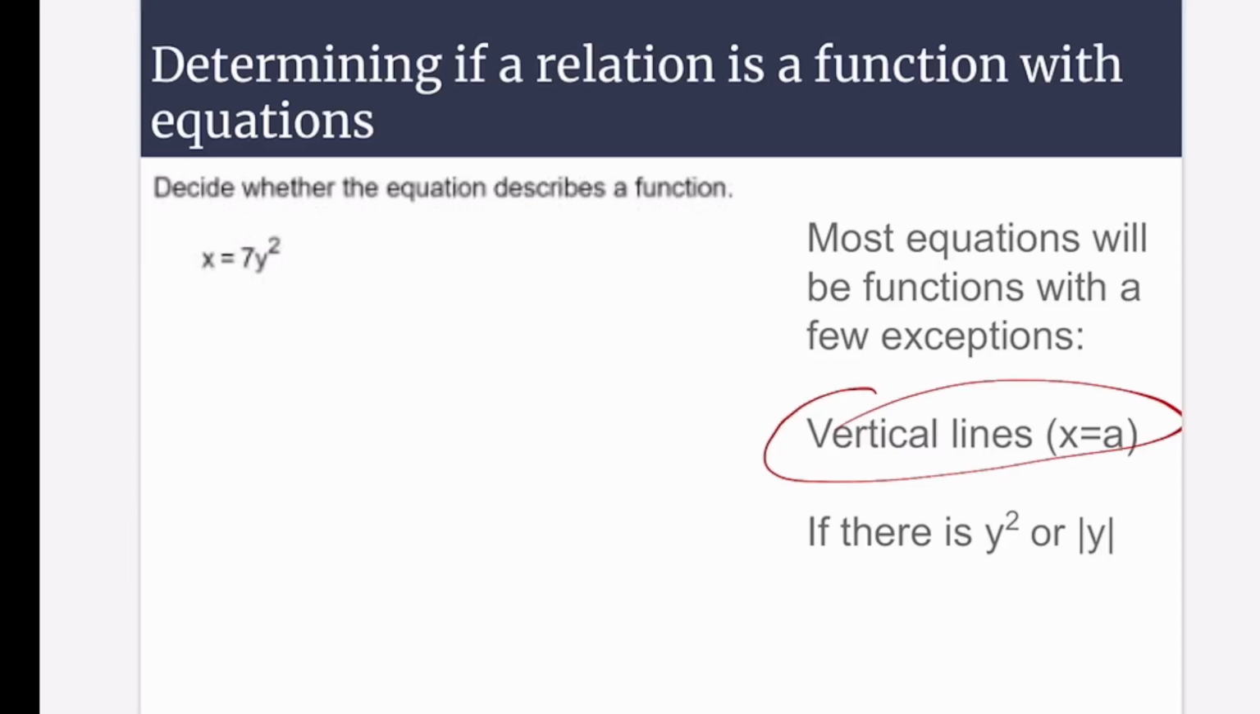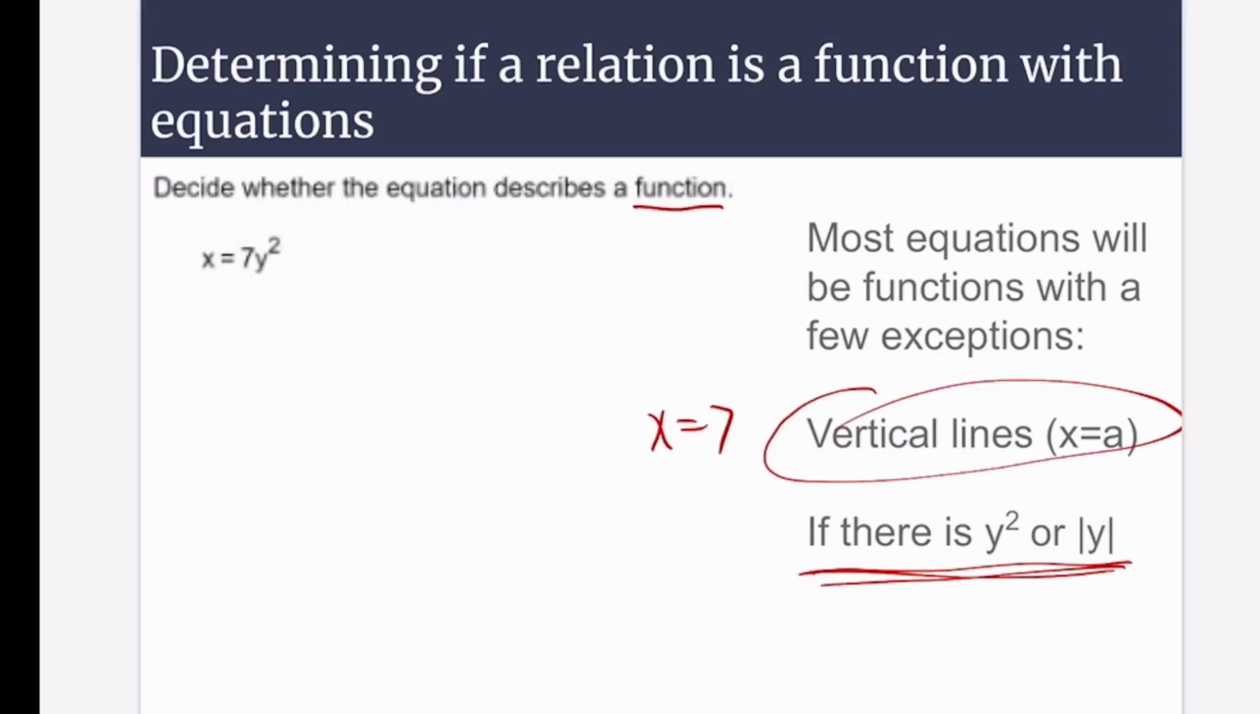So if you see an equation where x is equal to a number, if x is equal to 7, for example, that is not going to be a function. It is an equation, not considered a function. The other option is if you have a y value that is squared or a y value that's an absolute value, that's also not going to be a function. So those are things that when you look at a problem, you can immediately recognize and tell that's not going